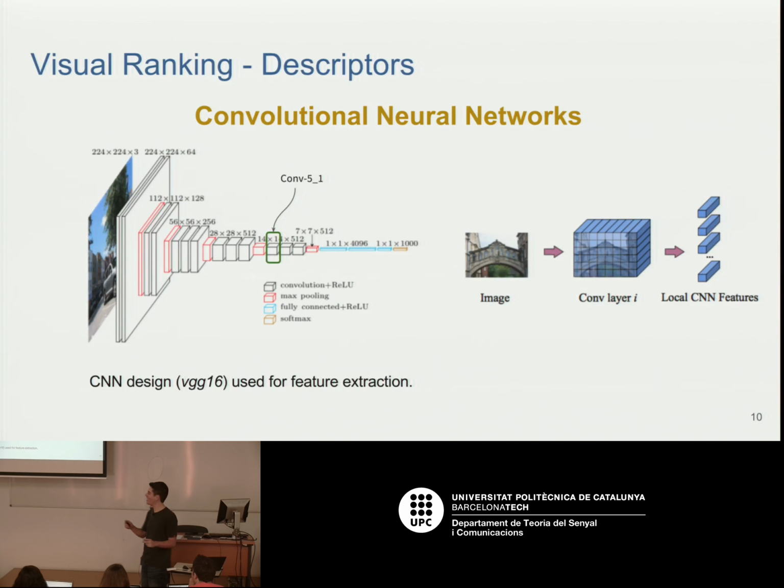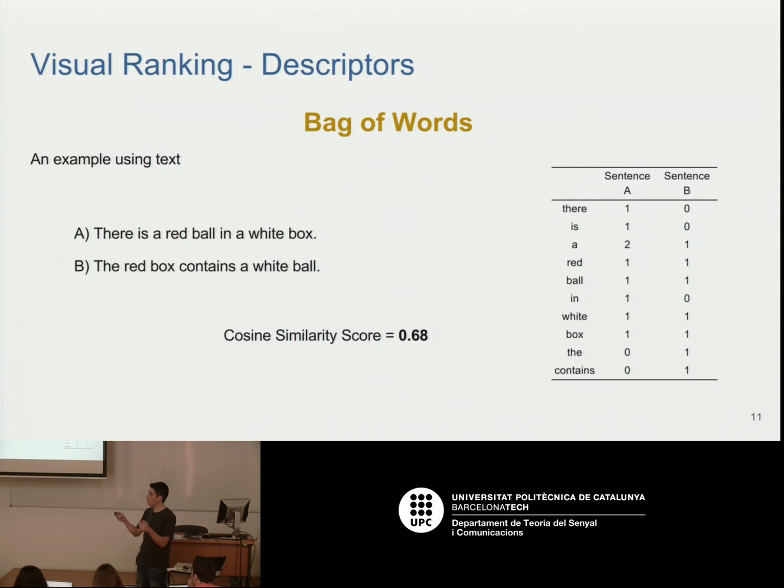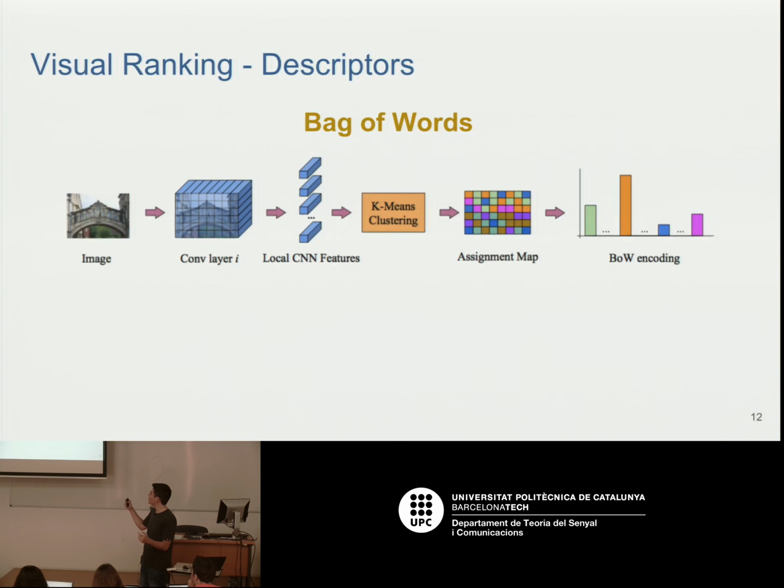Okay, I'll start this part again. So to build the visual ranking, we used a visual search engine that aims to compare images. In order to compare them, we need to build descriptors of the images. These descriptors are numerical vectors that allow us to make this comparison. To get these descriptors, this engine uses convolutional neural networks to extract features of the images. Then these features are gathered using the bag-of-words model. This model has a codebook of code words which are trained with these features. So then we have visual code words, and what we do is we build